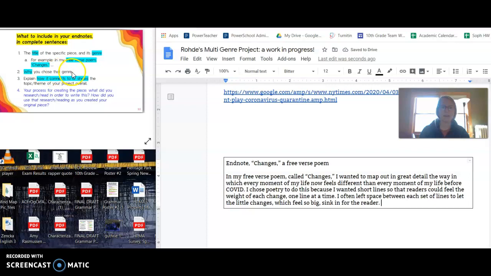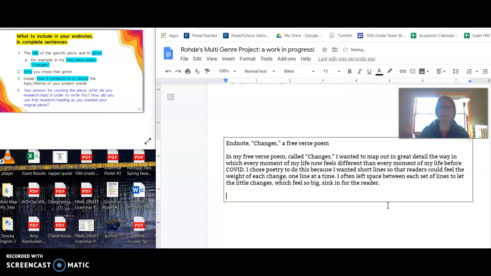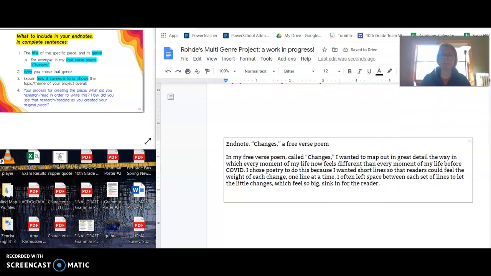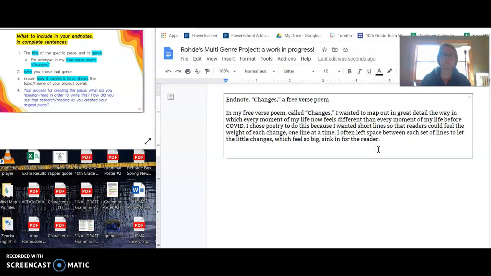So I'm explaining why did I choose poetry? Why did I choose different lines like I did? Now, how does it connect to my theme or topic overall? I'm going to start a new paragraph for that. So as I explore hope and grief and change in my project, this poem allows me to show the grief